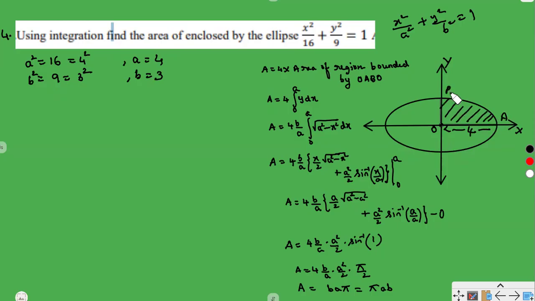Mention AB. Now, follow the same step. You follow the same step. Don't change anything. As you did for that, take one